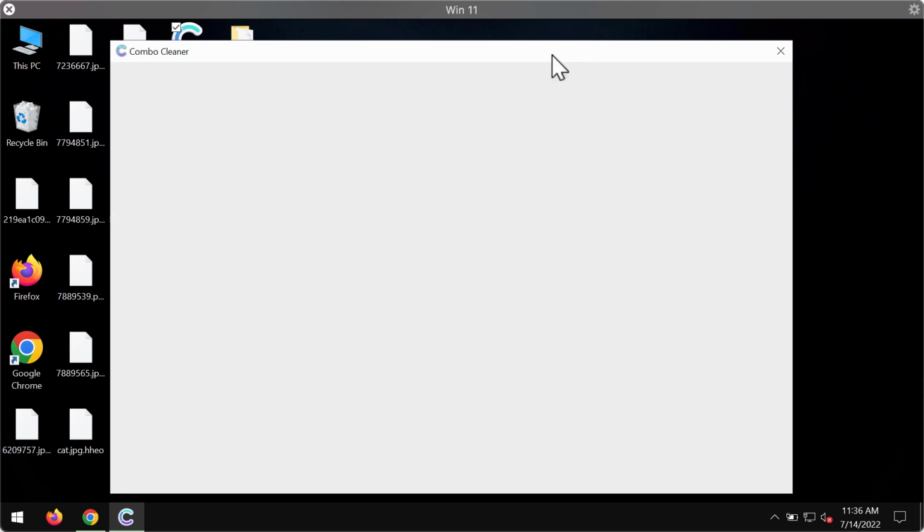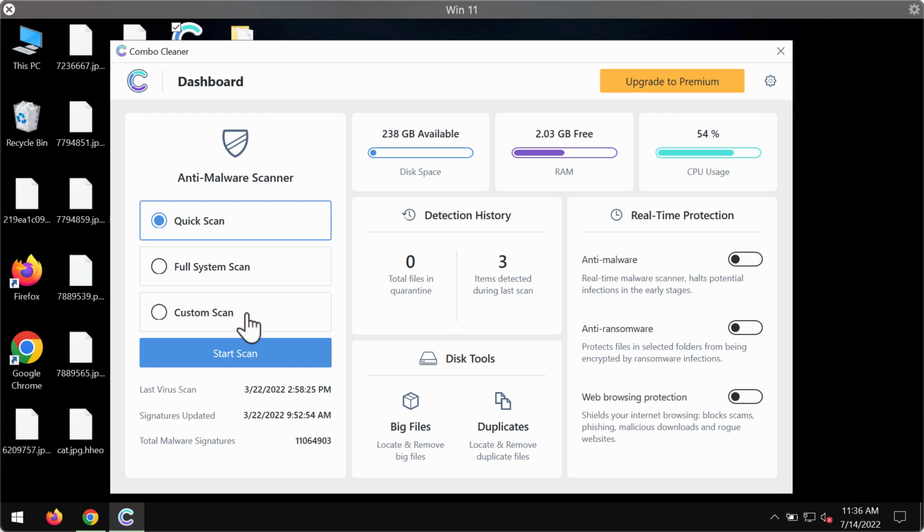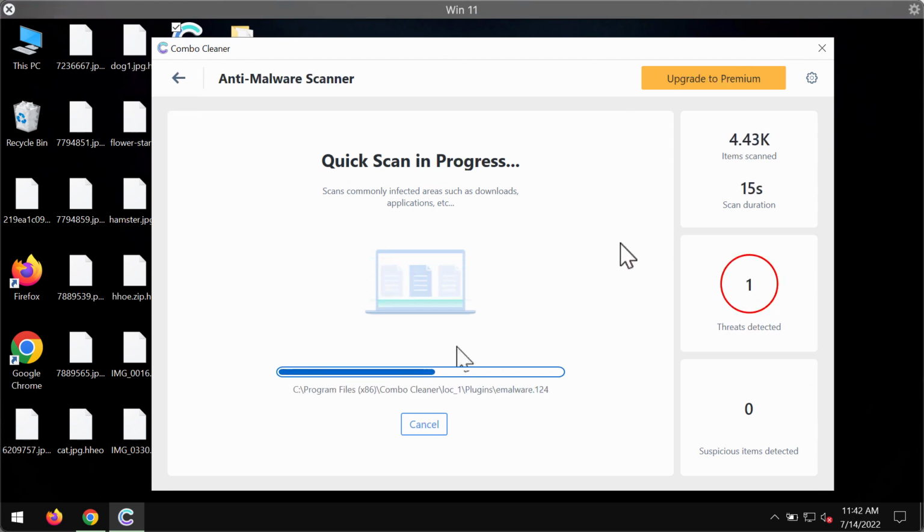Of course, first of all, the program will update its anti-malware database for proper detection and removal of malware. Then you need to click on Start Scan button. After the anti-malware database is updated, the program will begin researching your system. Then at the end of the scanning, you'll see the summary of all the threats which were found during the